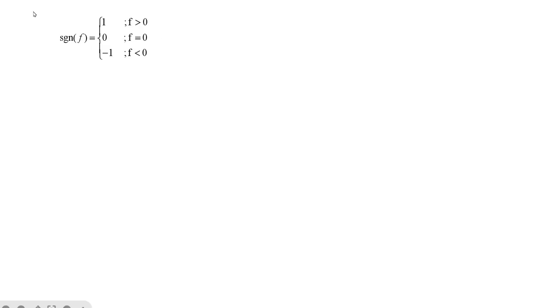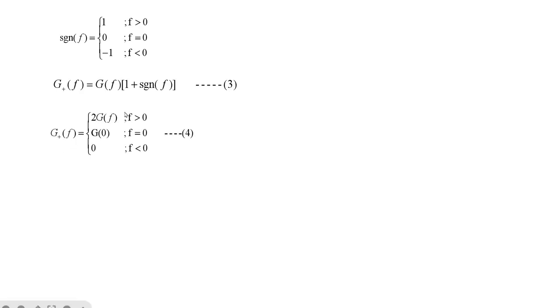Now we know that the signum function is defined by this equation, that is it is 1 for all the frequency components greater than 0, it is 0 for f is equal to 0 and it is minus 1 for f less than 0. So we'll use this signum function value in equation number 3, that is we'll substitute these values in equation number 3. This was our equation number 3. When we substitute this, we will get